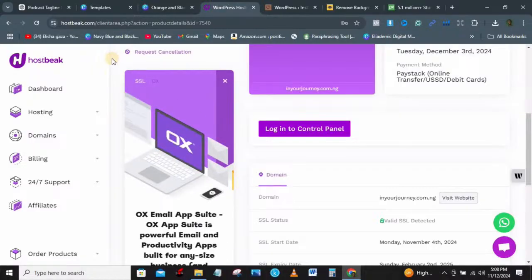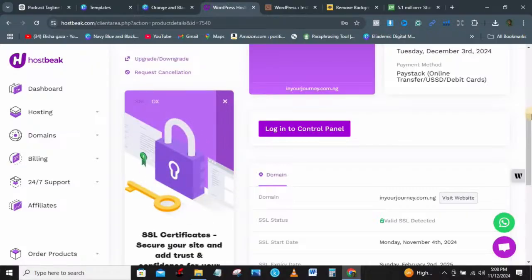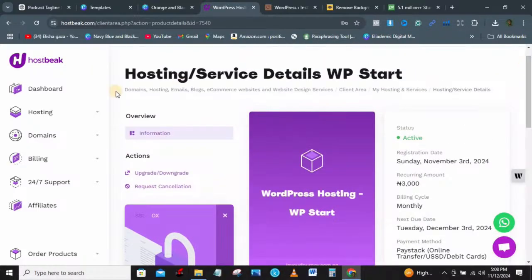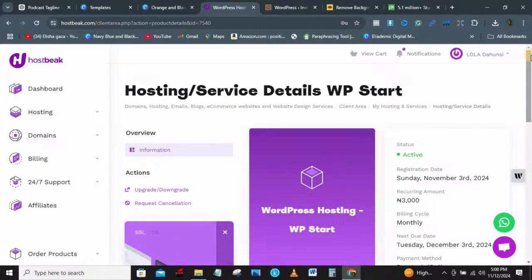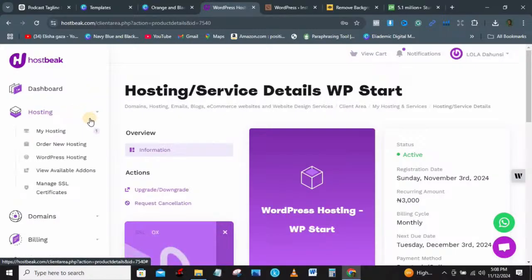So when you have logged in, all you need to do first is to register, and then after you have registered you need to come to this interface which looks exactly like this. This is how the interface is going to look. The first thing you need to do is hover onto hosting, and then you are going to see several hosting options. From here you can see that I have one hosting with them, and then you can order a new hosting here, and then you can order WordPress hosting. You can see your available add-ons, you can manage your SSL certificate,